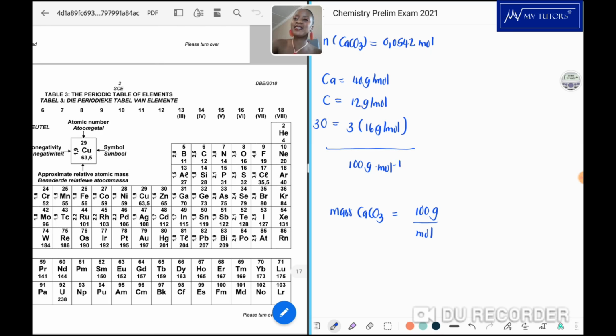So yeah, please excuse the other ones as well. Okay, it's supposed to be grams times mole to the power minus 1. So now that I have 100 grams per mole, I can multiply by the number of moles that